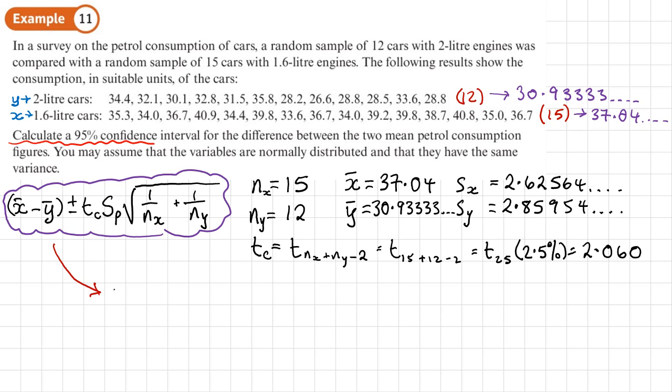So now all we need to do is plug all those values into the calculation. So 37.04 minus 30.933, and I'll put recurring there. Actually, let me put in what I'm going to type in on my calculator. So since the table value here is 3 decimal places, I want to do at least 4 decimal places in my working, I can use more, plus or minus, and then it's going to be this t value 2.060